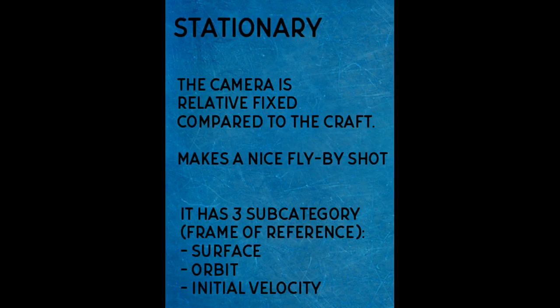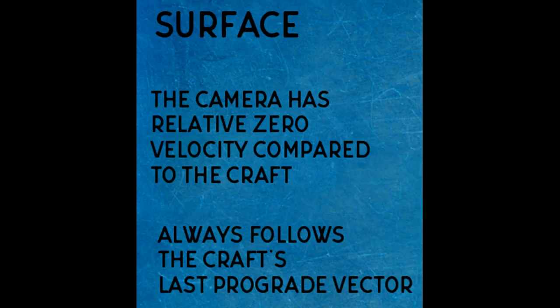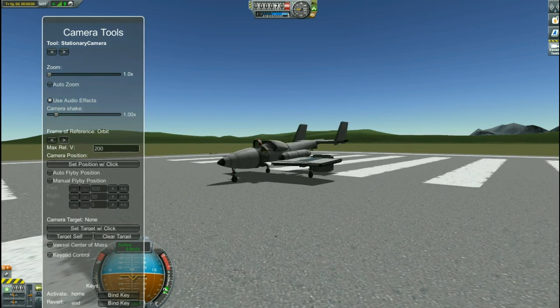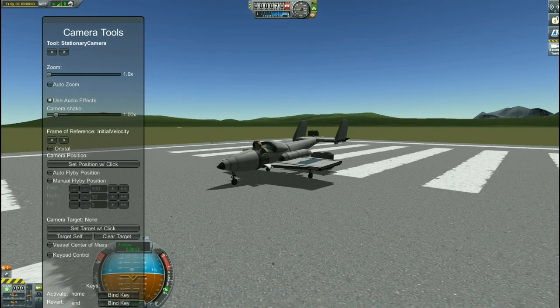Well, that's not so hard. I made this video in 3 big blocks. The first one is the stationary camera. I will show you how to use it step by step. First, we will use the